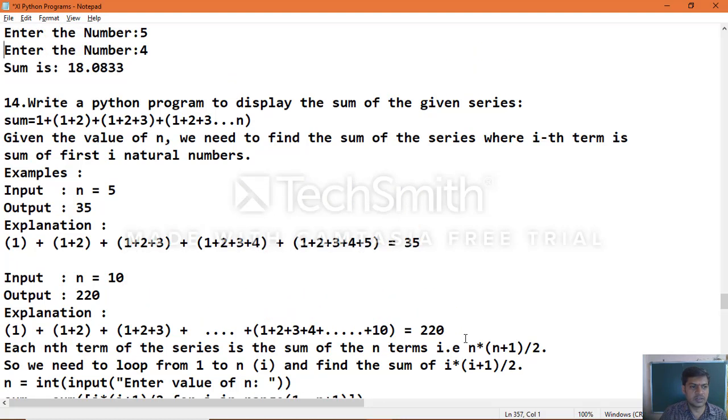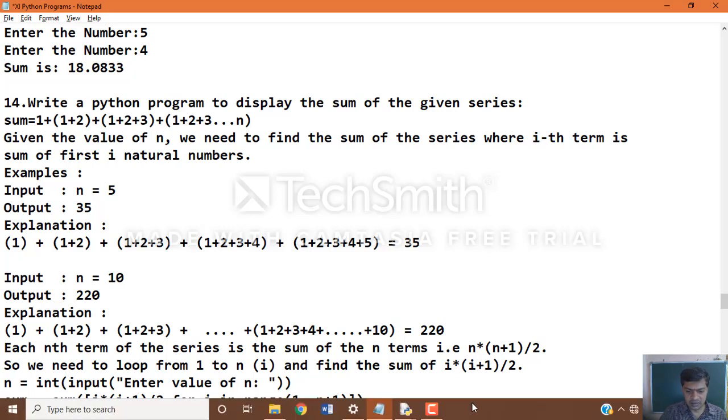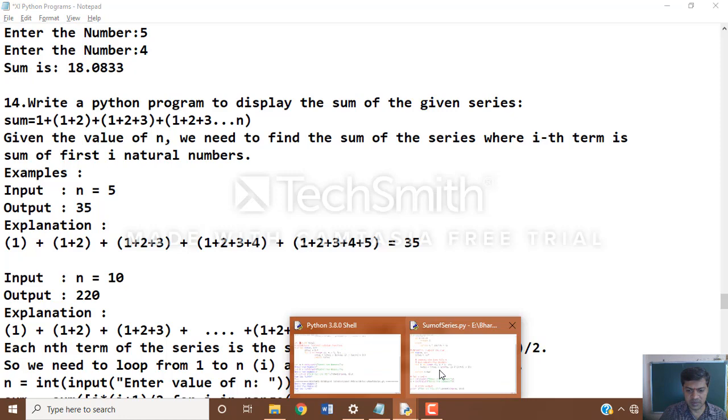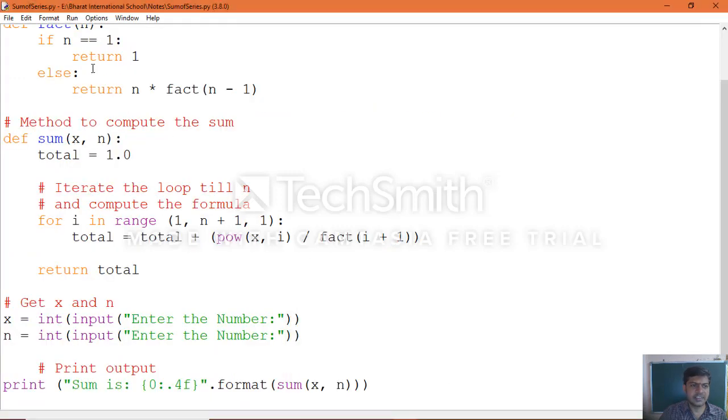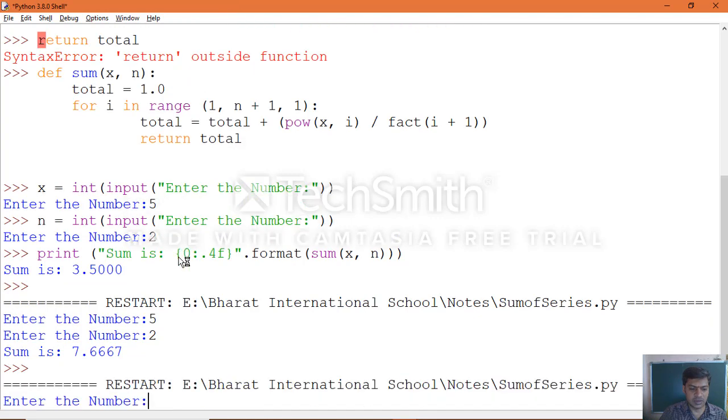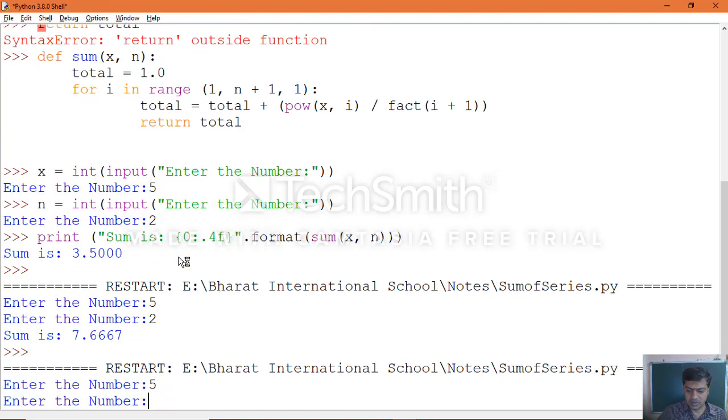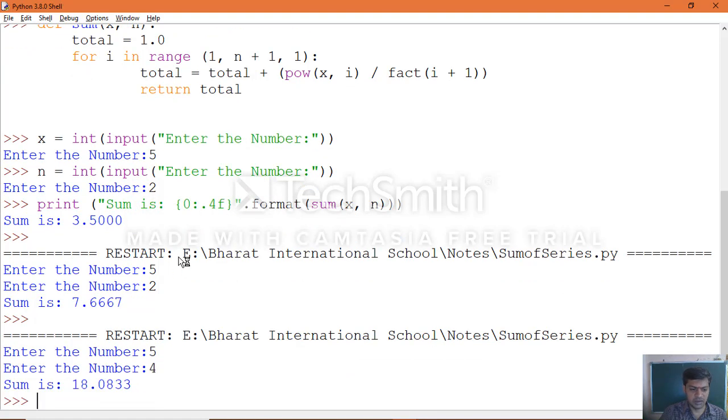This input also we can give as 5 and 4, then we'll see the result of the sum of series which we executed. Execute again, go to run module, give the inputs now: x value is 5 and n value is 4. See, same, we got 18.0833. Okay.